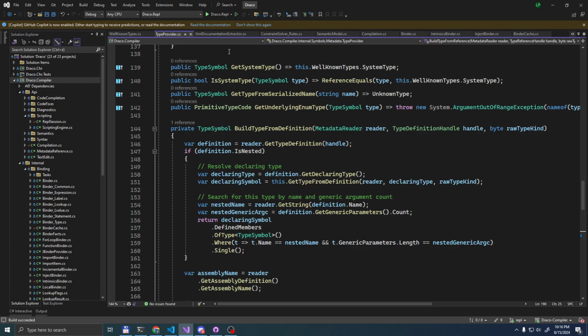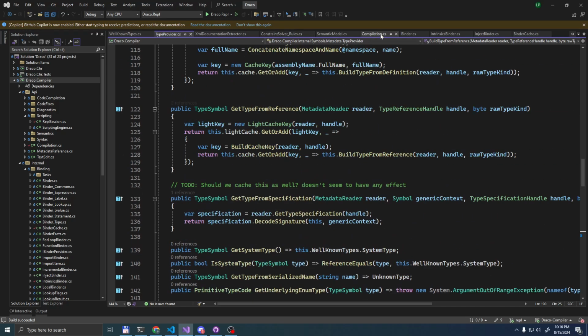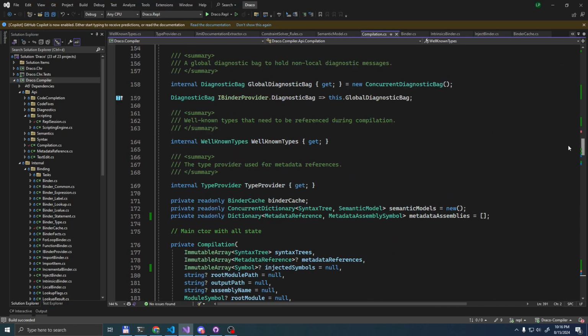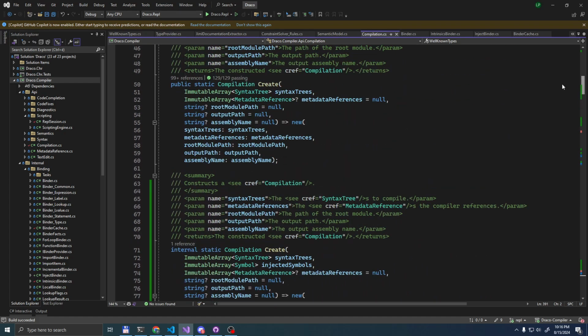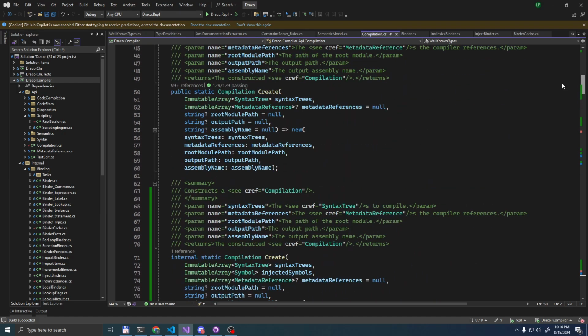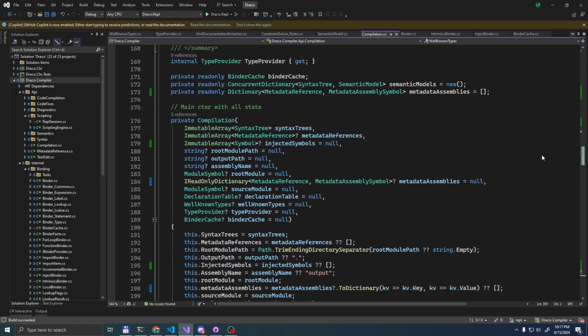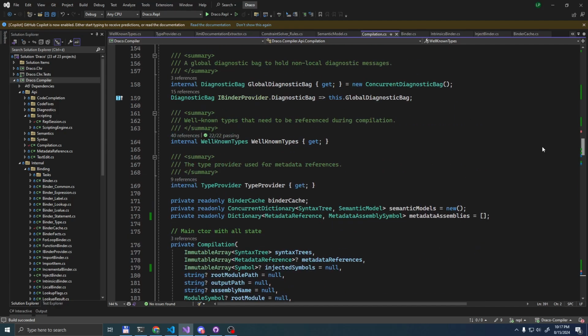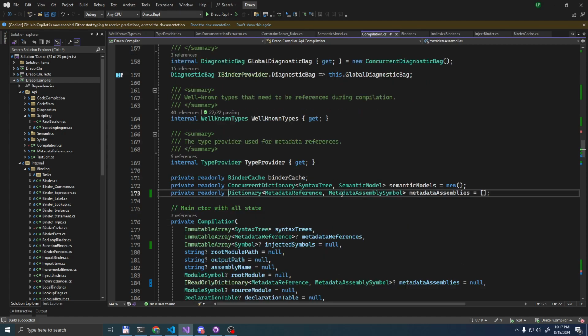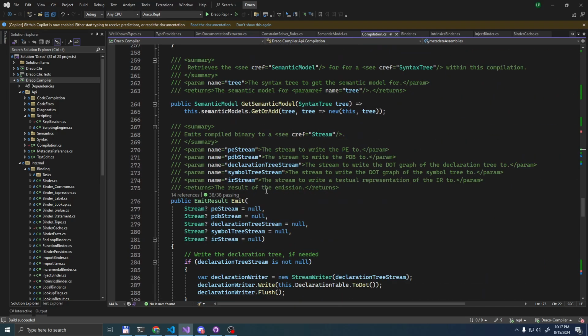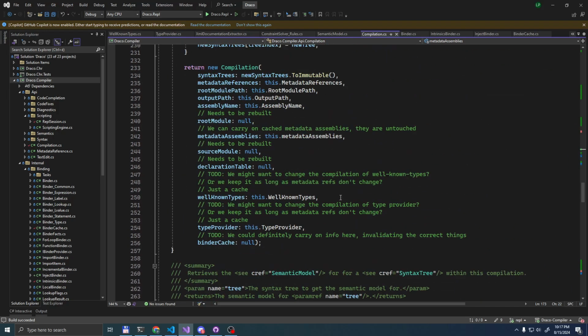Okay, so with this, our compilation should be a little smarter. Now we need a way to actually carry on previous stuff, like this cache. So we carry on the metadata refs. We can expose that in the internal thing as well, I suppose.